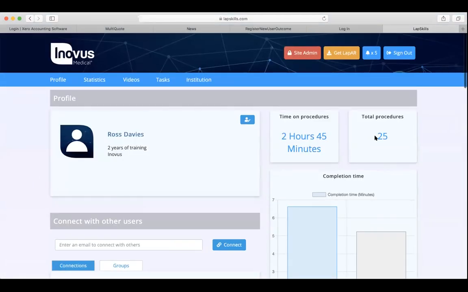But actually what you'll see here is these total procedures and hours, these are actually done by Ross. He's the expert surgeon, so he is also able to operate on the system, because as an administrator or trainer, they will also have full access to the simulator, so they're able to perform the simulations themselves. And as you rightly say, to give really accurate feedback and written feedback, they do need to understand what the pressures are that the trainees are experiencing. So yeah, you're absolutely right, and the answer is yes.